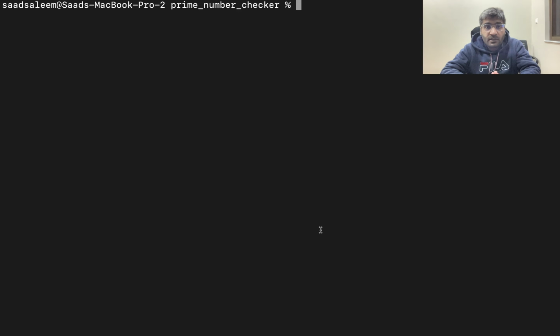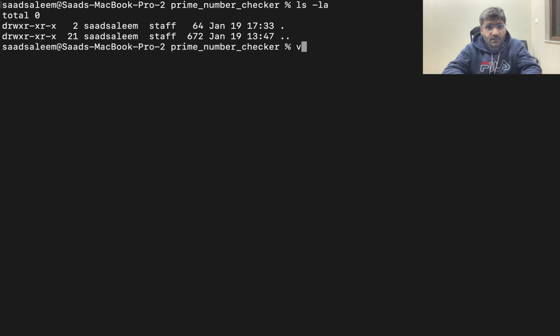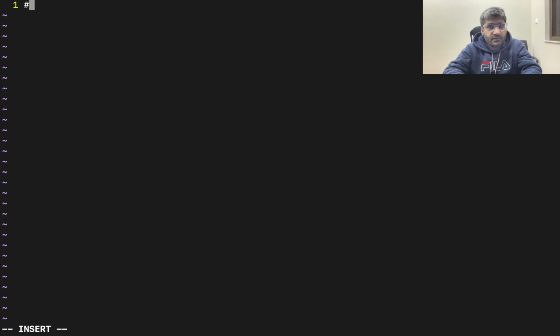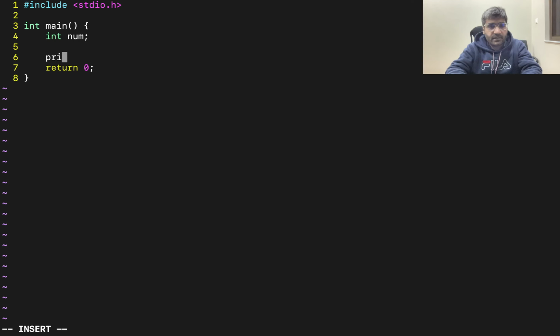Okay, so let's start. I have already created the prime number checker folder, which is currently empty, and we will create our C file and start including the header file. The only variable we need right now, because we are getting input from the user, is a number, so I will declare a number here and we will use a printf: enter a positive number,